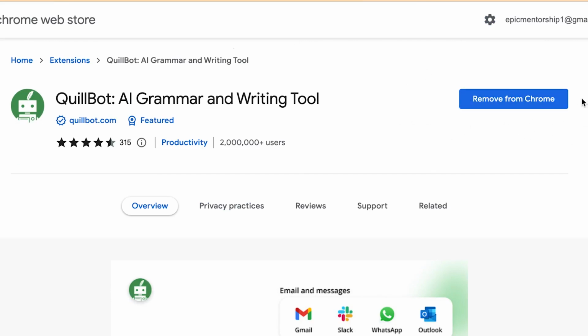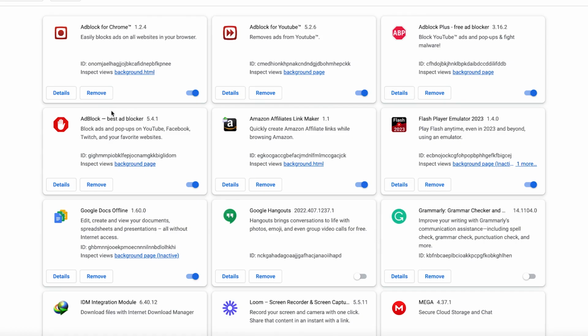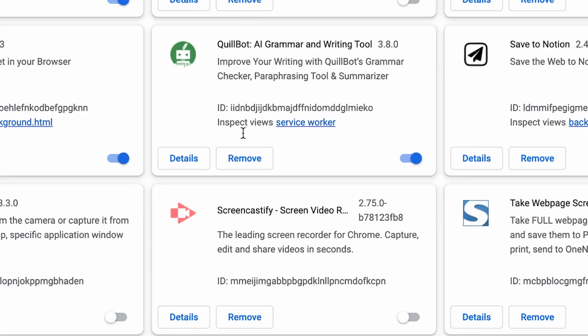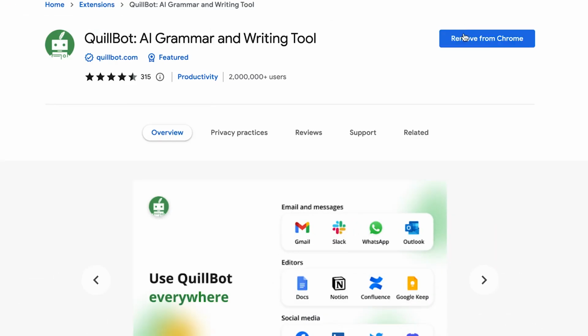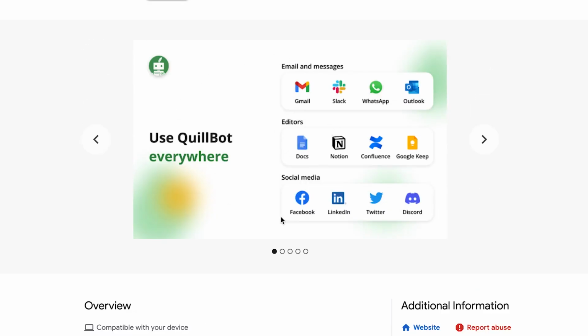Okay, so once you've added it, you can see it also from here, from the list of managed extensions, and you'll be able to see Quillbot here. You can see it has just been added over here. If it's not added on yours, you can just go ahead and follow the instruction. It's just step by step. You can see just add extension, and with just one click, it's going to add it to your extensions, which means you are going to have Quillbot as a sidebar in all of these features and on all of these applications.